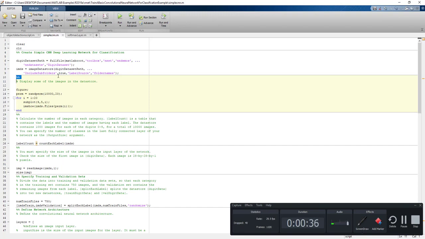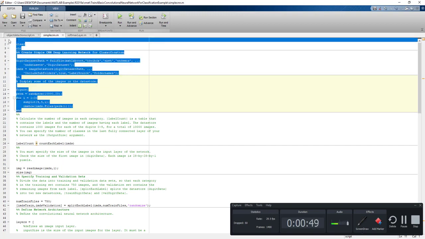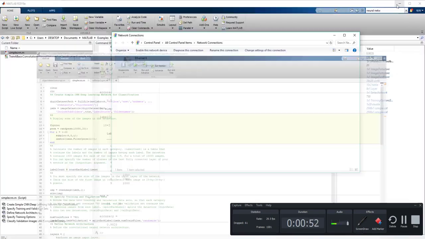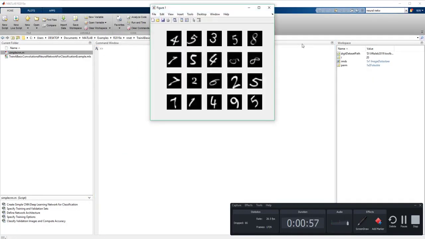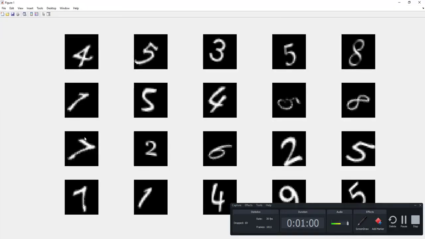Here I'm going to explain how you can create your own small deep learning model and train it with a data set. Right now I'm going to show you a built-in data set available in MATLAB. You can use your own custom data set, whatever you want. So this is the MNIST data set. This data set is the very basic version. I have already uploaded many videos in Python to train a convolutional neural network on this data set. You can use some other type of data set if you have.